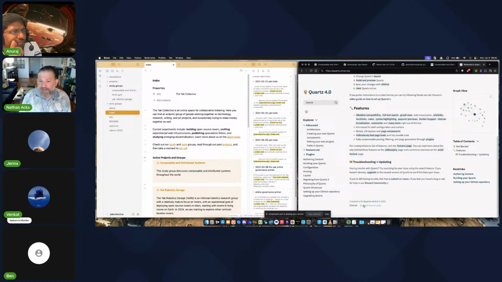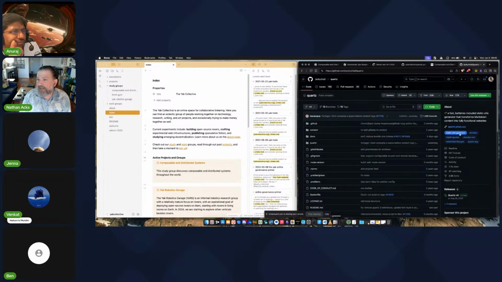Let's actually look at that. So I'm not lying. Yes, it is MIT licensed. So I suspect that there's a lot of people using Quartz. So I think even if the developers decided they didn't want to do it, somebody would fork it. And I'd be very surprised if it goes away anytime soon. But this does sort of future-proof things by using those bog standard markdown files. We now have something that's just a lot easier to deal with.